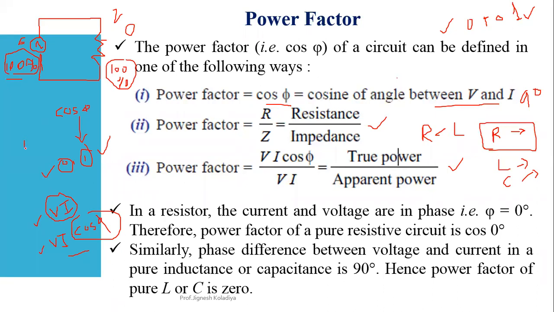Now suppose the power factor is 0.9. Cos phi is equal to 0.9, slightly less than 1. So what is the meaning? I'm giving 100% input and I'm getting 90% of output. That means 10% is the loss in between sending and receiving end.